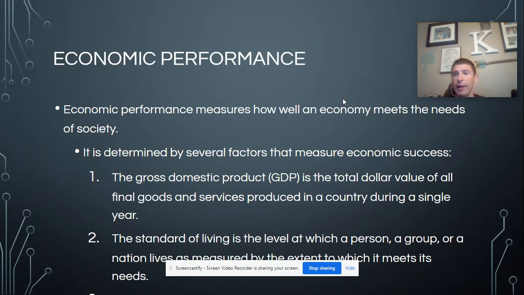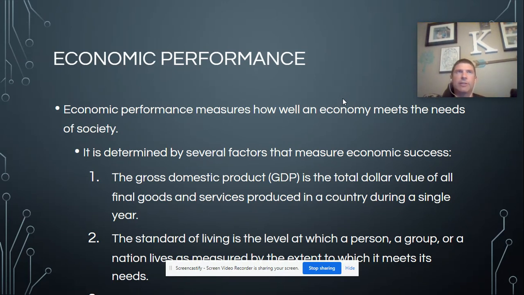This is an important slide. This is one that we usually put on the test. So here we're talking about the ways that we measure economic success of a country. That is done through these three words, and the term is called gross domestic product. It's the total dollar value of all the goods and services produced in a country during a single year. It's a great way of reflecting wealth. The higher that number, the wealthier the country is, and the wealthier the people are on average.